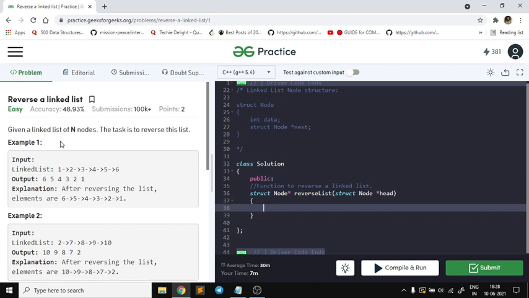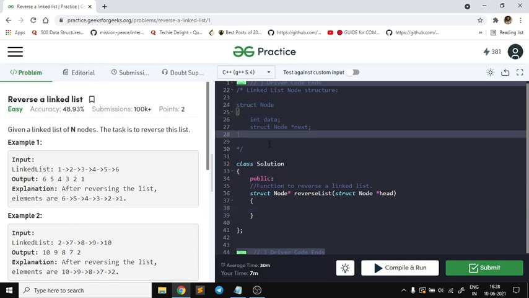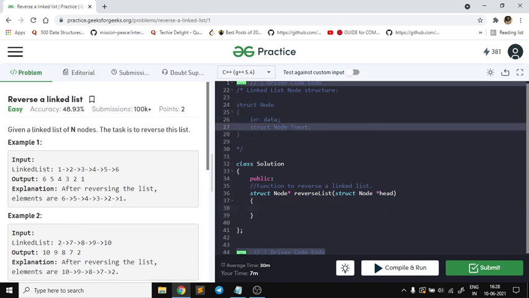Why not contiguous? Because unlike array, we don't have contiguous memory allocation for the nodes, because node is a separate structure kind of thing we define, as you can see from here, right? So a different kind of address or memory is allocated for each node, that is for each structure, right? Now we connect these different structures or nodes with the help of the next pointer, right? So that's why we cannot say that these are contiguous, right? Now after learning a bit about this linked list, we will see this question, right?